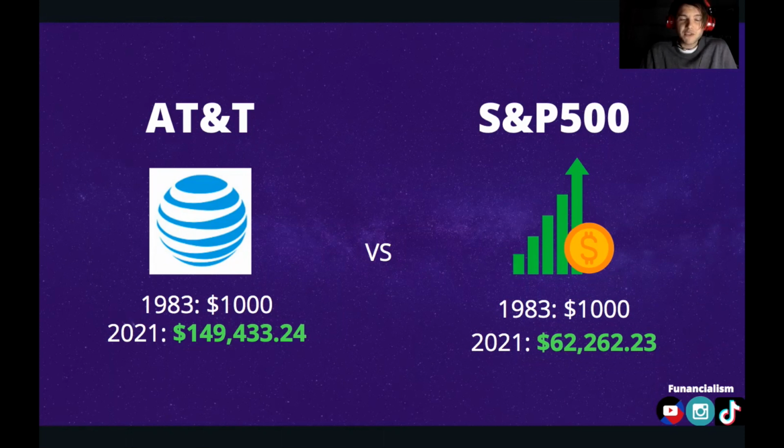S&P 500 is the average of 500 companies, so odds are if AT&T does poorly, there will be a new competitor that does well and joins the S&P 500, and the price of the S&P 500 won't change much, while AT&T will greatly suffer. Now, yes, sure, AT&T had about 14% average returns for the last 40 years, while the